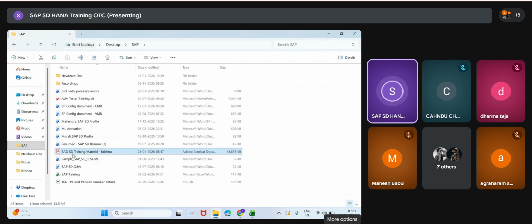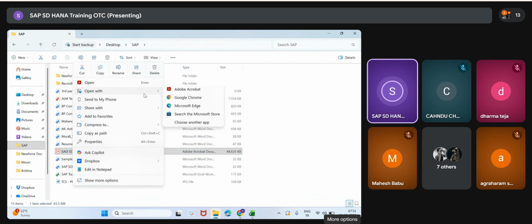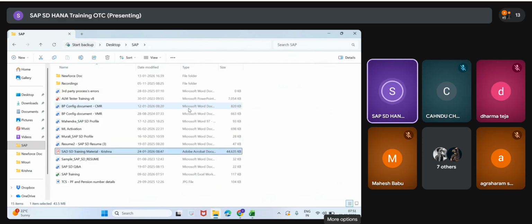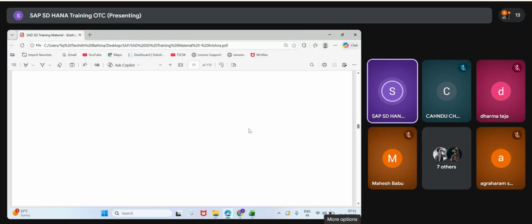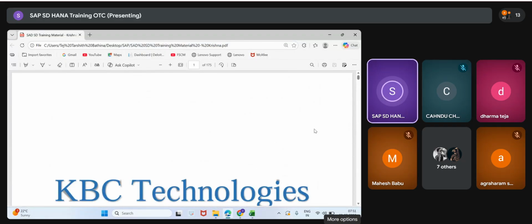This book and I'm going to share with you people, of course, in the mail. This is very, very clear information to do your practice. Manual written book and a screenshot book. Two books I'm going to provide you. Okay.